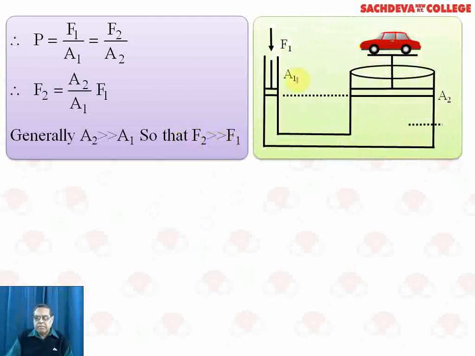Now, in the adjoining figure, the hydraulic lift is indicated. There is a piston on the right side with area A2 and a piston on the left side. We apply a small force on the left piston with area A1, and that small force is sufficient to carry the car or the load upwards. The piston with area A2 has more area, and we find the force will be more. So this is the right side, where the hydraulic lift is indicated, carrying a heavy load.